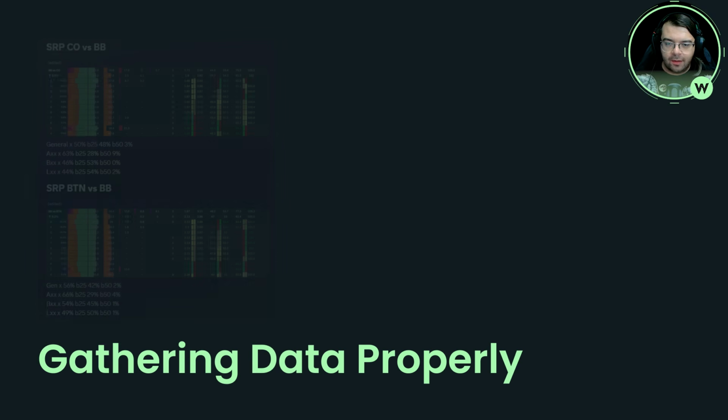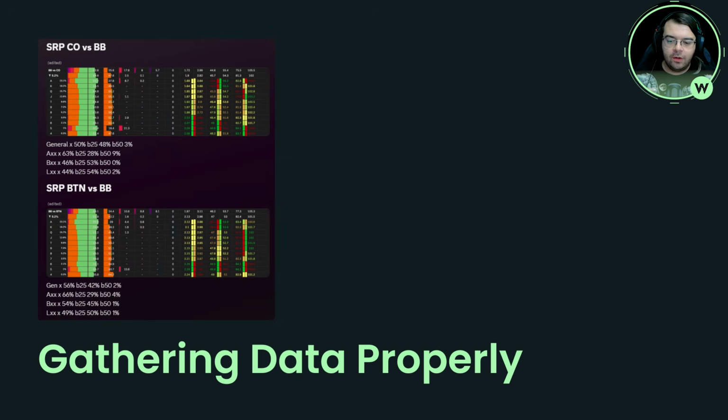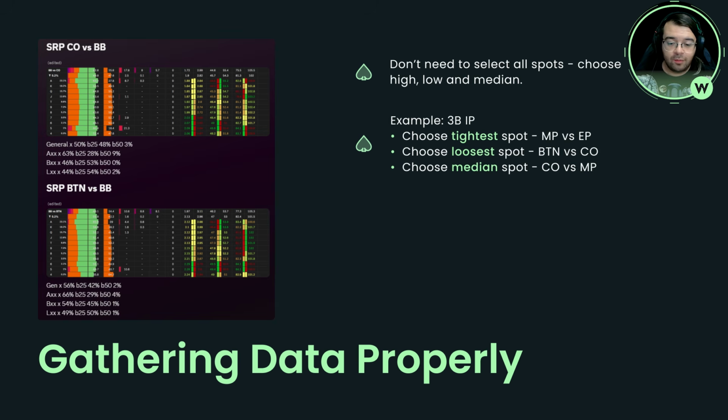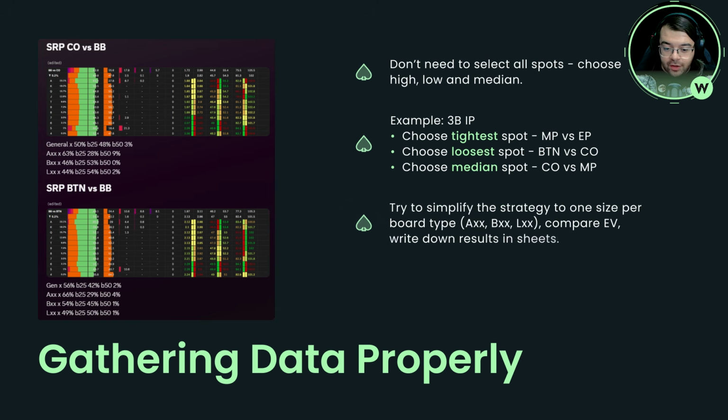So to gather this data properly and really make it usable, you don't really go through all the spots. You go through 3 spots. You choose the tightest spot, which is, for example, in 3 button position, middle position versus early position, right? The loosest spot, which is button versus cutoff, blind versus blind, is something else. You're just going to treat that differently. And the average spot, which is exactly in the middle, cutoff versus MP. You try to simplify the strategy to one size per board type. So one on ace high, one on Broadway XX, and one on low high, and then compare the EV of the sizes,